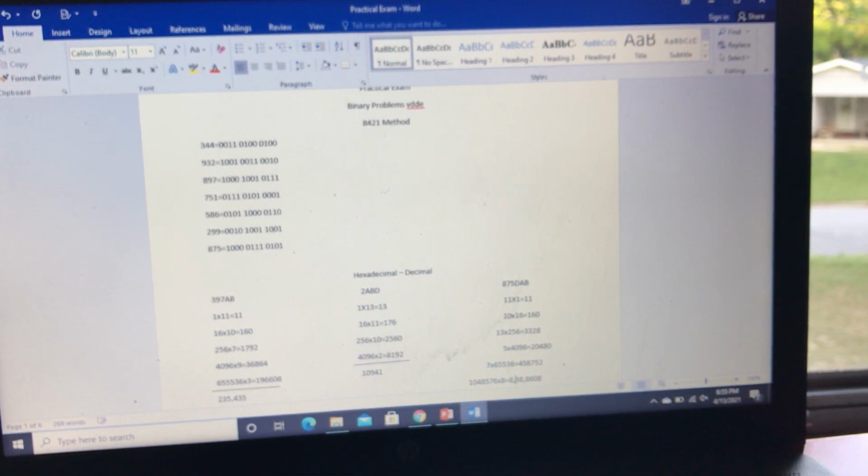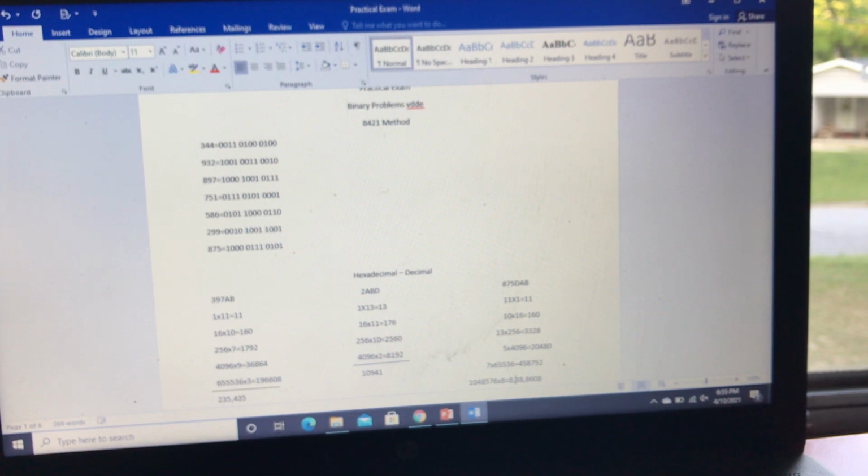For 751, it will be 0111, 0101, 0001. For 586, it'll be 0101, 1000, 0110. For 299, it will be 0010, 1001, 1001. For 875, it will be 1000, 0111,